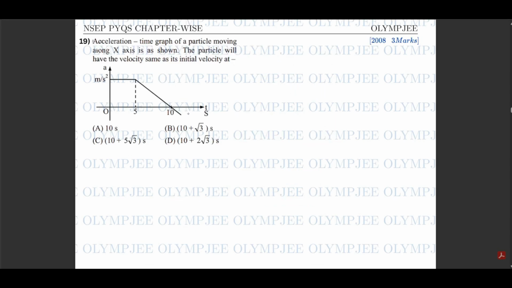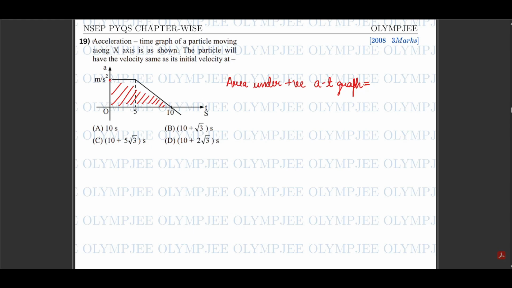The 19th question says that acceleration time graph of a particle moving along x-axis is as shown. The particle will have same velocity as initial velocity at. So we know that the area under the acceleration time graph gives us the change in velocity. So till t is equal to 10 seconds, the acceleration is positive. So the velocity will keep increasing. So let us find out the increase in velocity. So area under positive AT graph is given as,